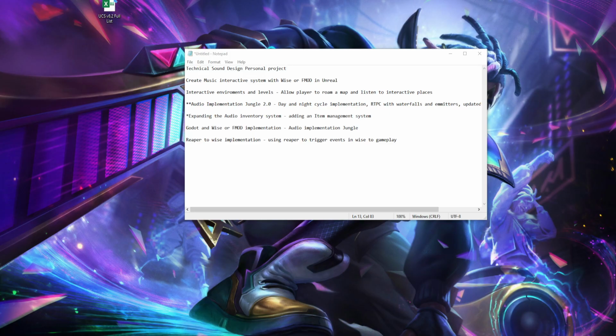This is going to be called AIJ 2.0 audio implementation. I'll call it two, but for project settings, I will have to call it two.